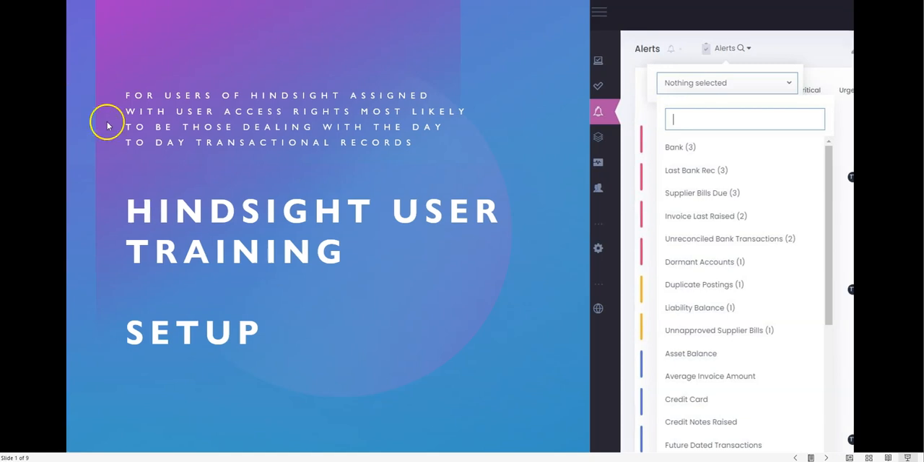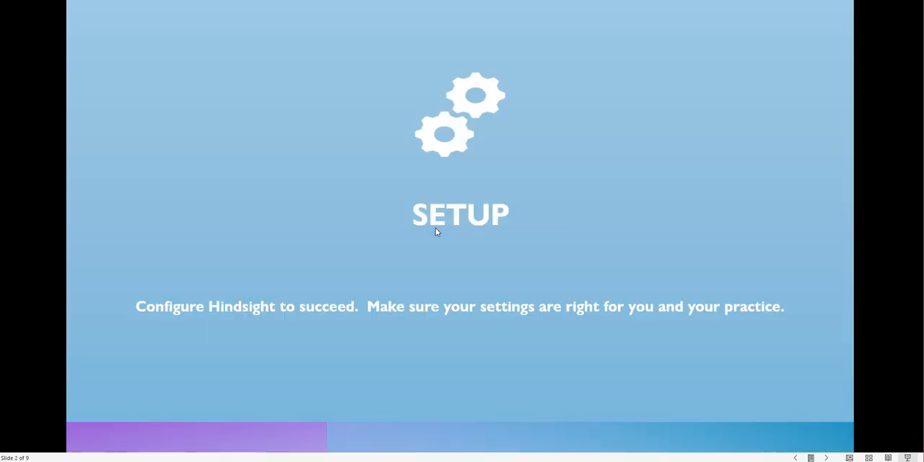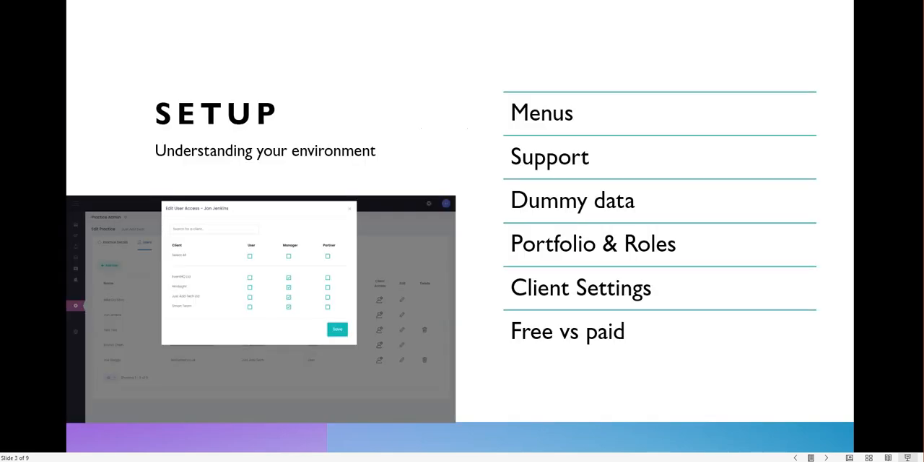So in the first of these sessions, what we're going to be doing is taking you through the setup. So we're going to configure Hindsight for maximum opportunity to succeed. We're going to make sure that the settings are set up and right for each person within the practice. So the first thing we're going to take a look at is understanding your environment, and we're going to go